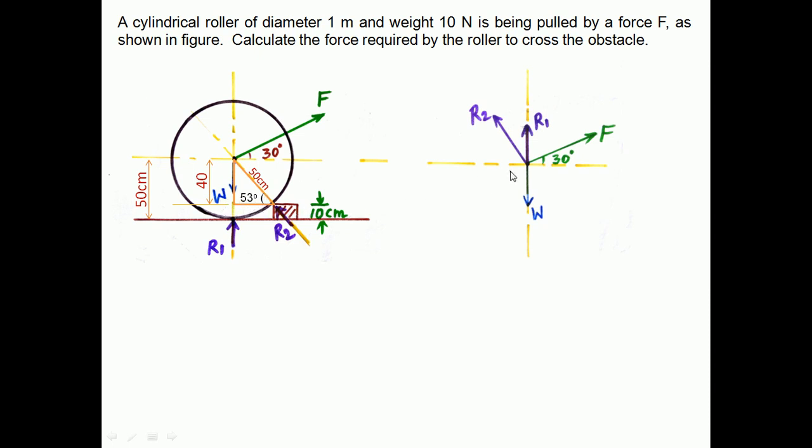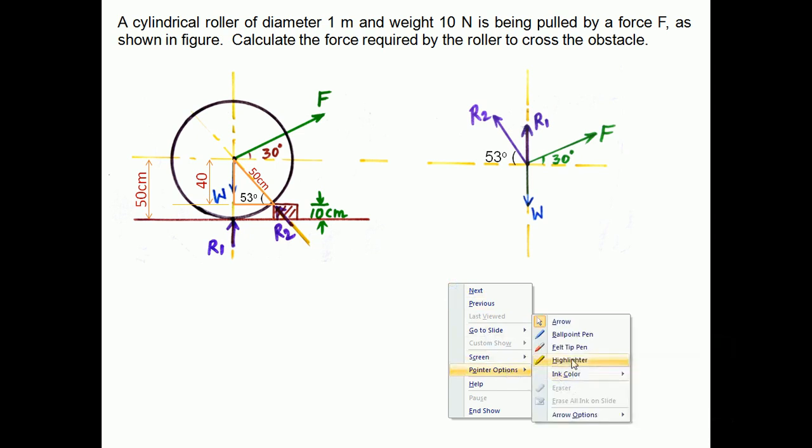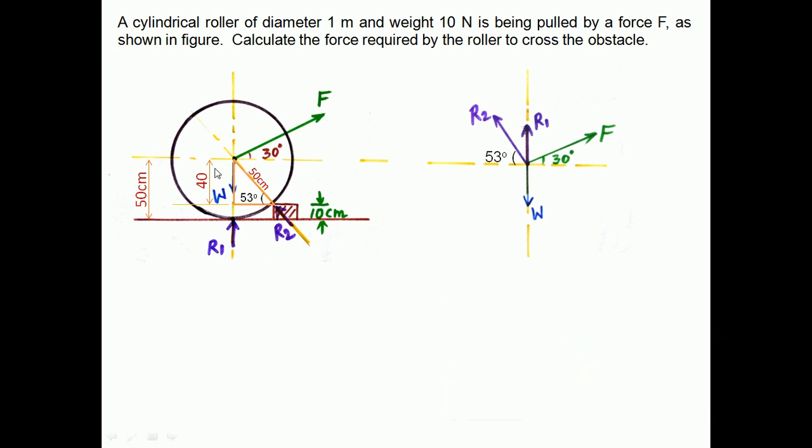Okay, so it will come here. 53 will come here. If you found the angle here, between the R2 line and the vertical, then the angle will come here. Okay, I will mark it. So if you found the angle of this point, here you have to mark it. Then now,